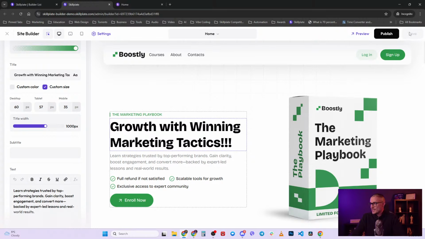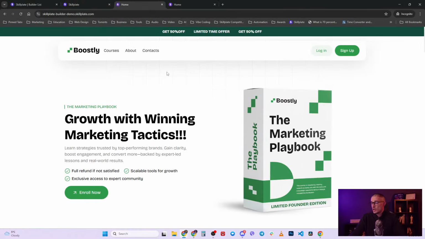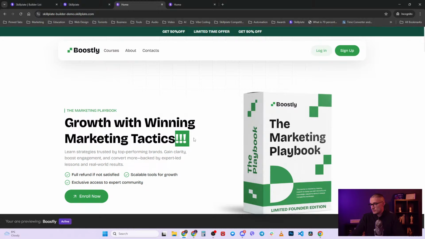If a page is only saved and not published, you do have a preview button. So if you click this, you are going to see the page as a preview, and it says you're previewing whatever theme, and it does have the exclamation points. So people who do not have this, who are not logged into the admin panel, or do not have the preview link, which you can get from here,